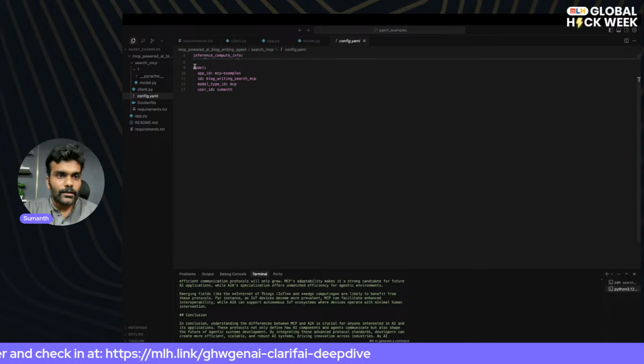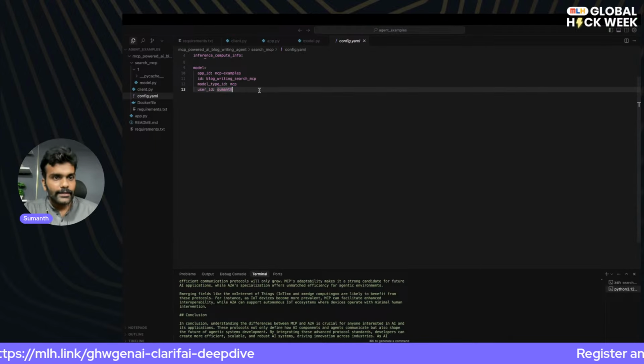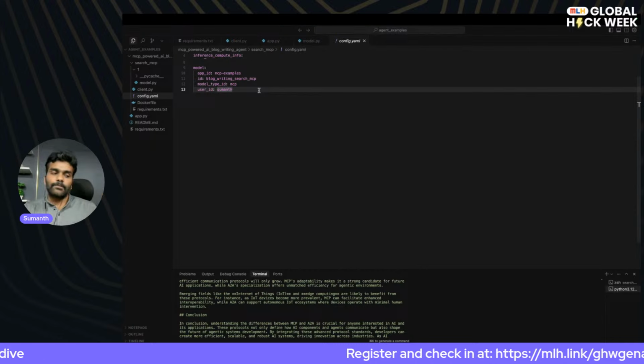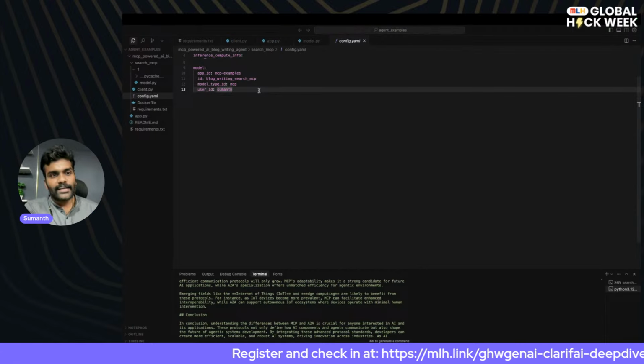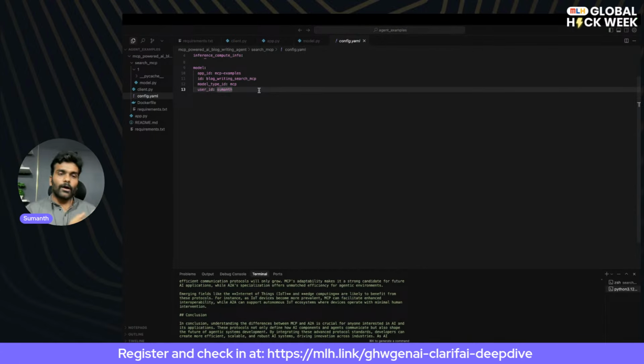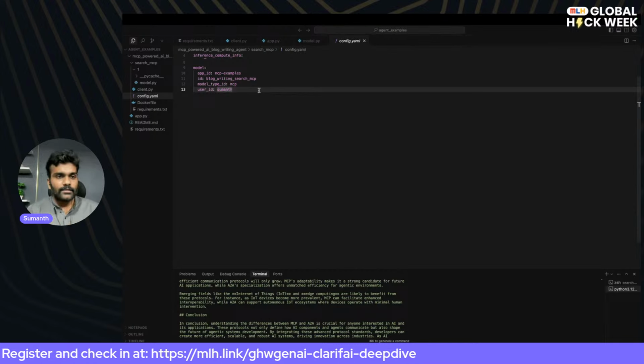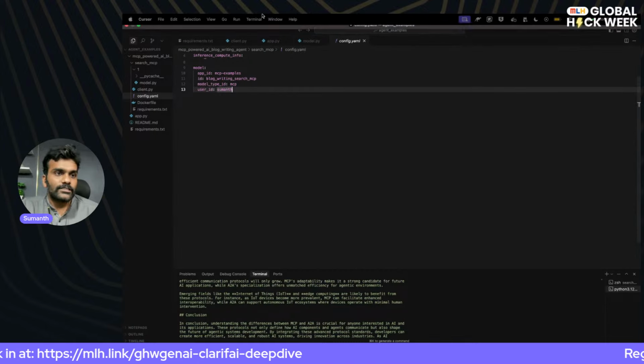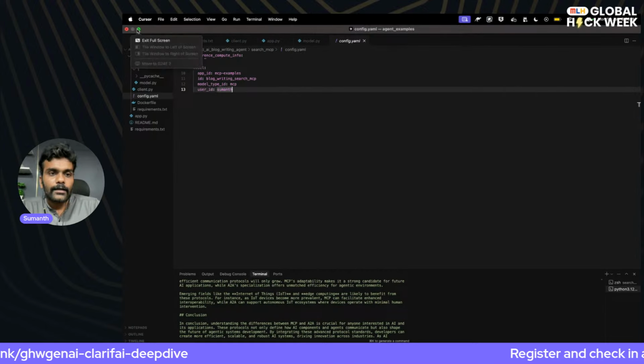And then for the model here, you'll notice we are defining our app ID, model ID, model type ID, and user ID. If you checked my previous session that we had on Friday, you might have a better idea of what app ID and model ID are. But if you're not sure, maybe I'll show you a quick